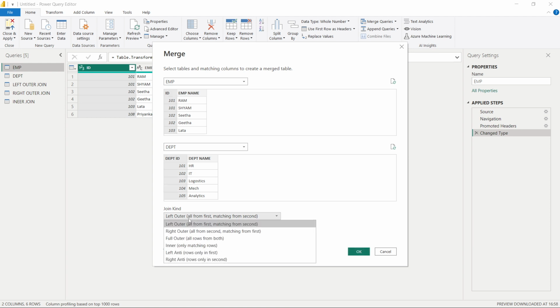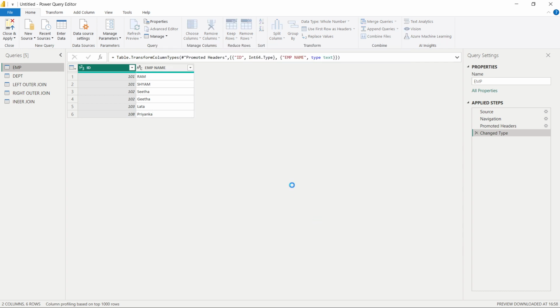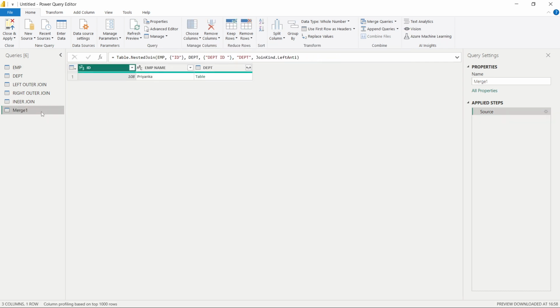Now I want left anti, so it will see the rows only in the first table. It will return only non-matching records from the left table, right? It will not return the matching records. Now I will give the name left anti. 108 is the only record not matching with the right table.